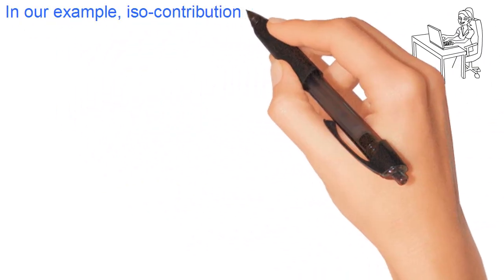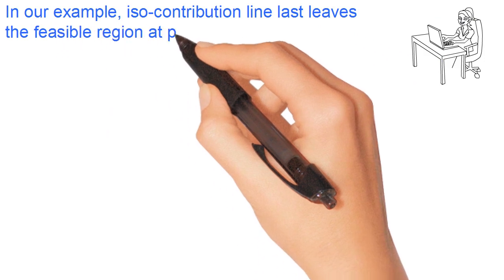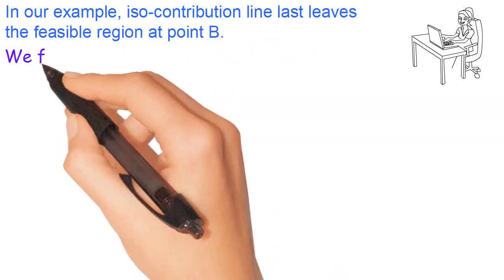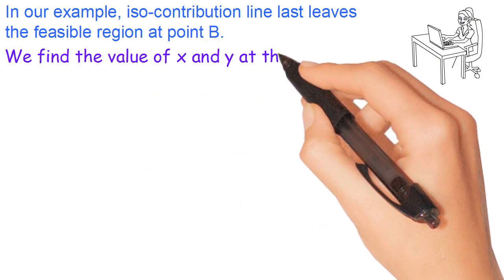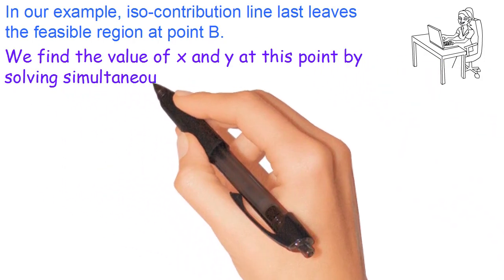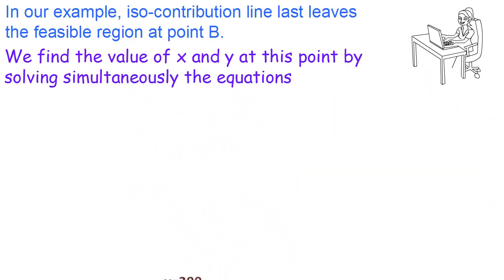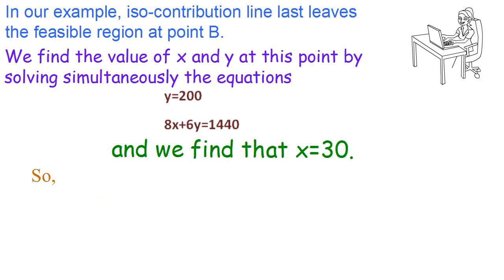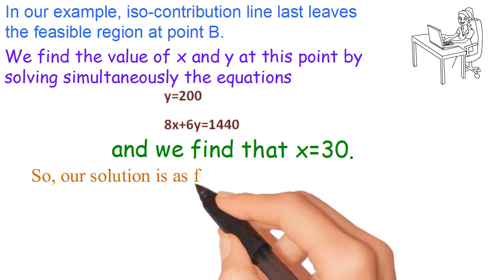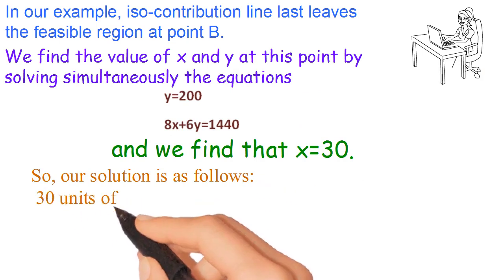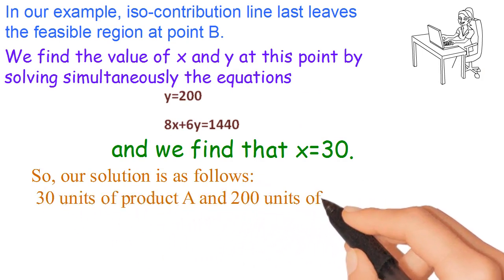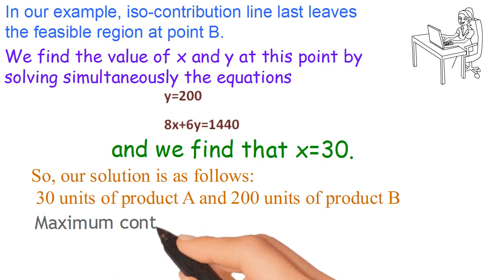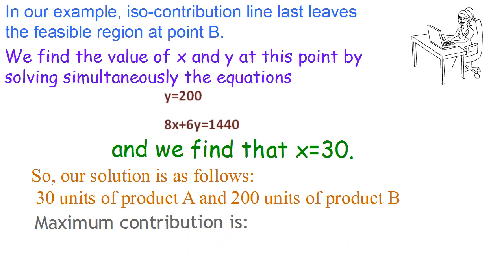In our example, the iso-contribution line last leaves the feasible region at point B. We find the values of x and y at this point by solving the equations simultaneously. And we find that x equals 30. So, our solution is as follows: 30 units of product A and 200 units of product B. Maximum contribution is